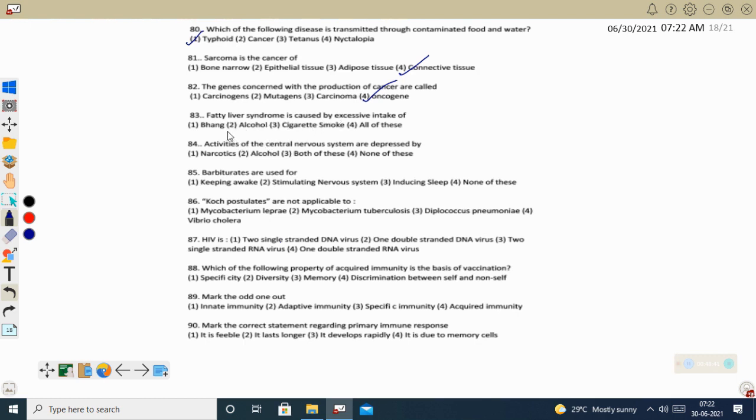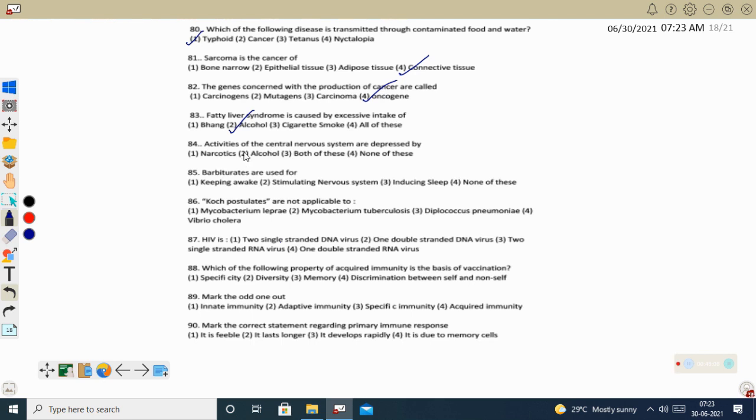See, when a person takes excess alcohol, it can damage the liver cell. We know the fat will undergo breakdown in the liver. So if there is not enough liver cell to break down the fat, it will cause the deposit of fat inside the liver, that is called as the fatty liver, that is majorly due to alcohol.